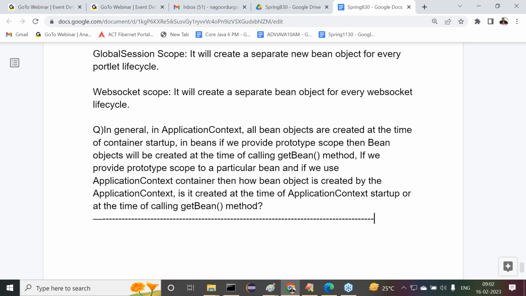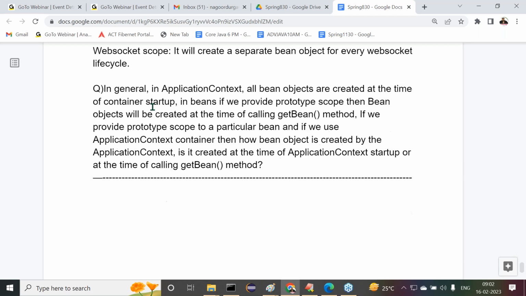I think you understood my question clearly. Please read the statement that I've given there. First of all, I've given both the cases. In general, in application context, all bean objects are created at the time of container startup. In beans, if we provide prototype scope, then the bean object will be created at the time of calling the getBean